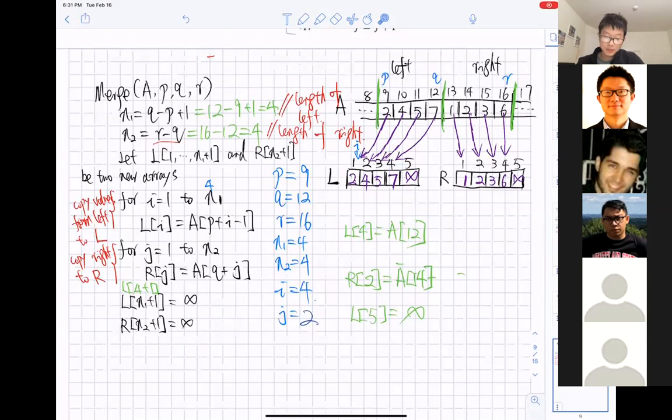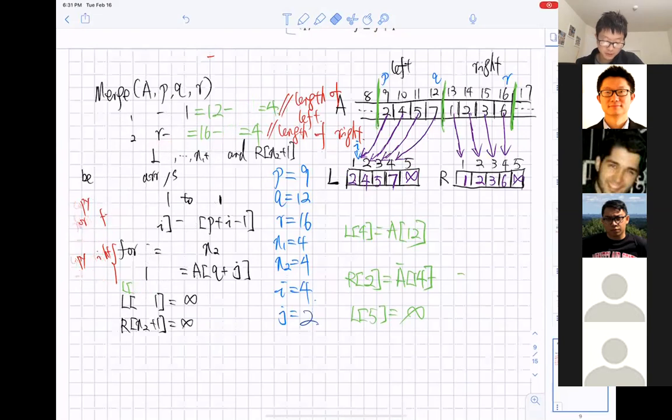Okay, so now I'm going to erase the first part and then go to the second part of the pseudocode.